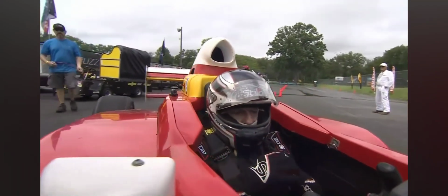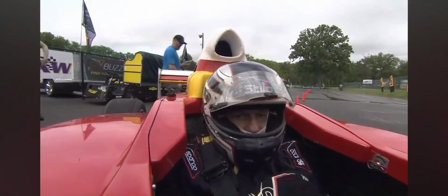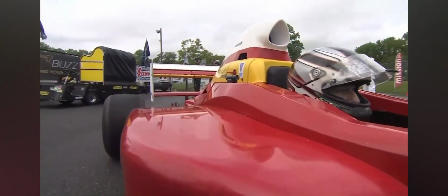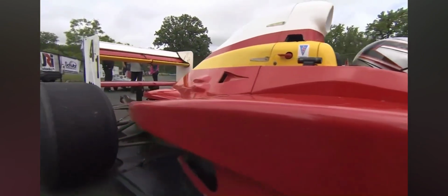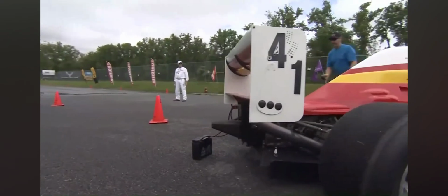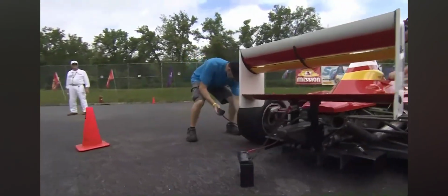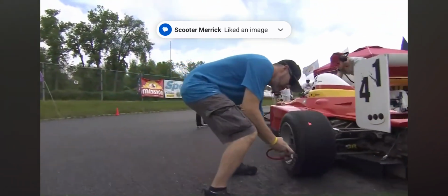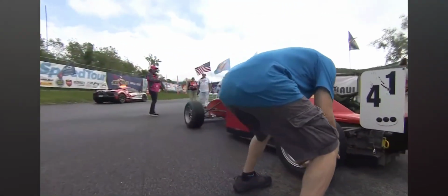And like I said, you look at a track map and it looks relatively simple, but the hard part of Lime Rock is the fact that it is narrow. There is grass to either side, like Mid-Ohio, so you've got to be careful not to put a wheel on it, especially in the wet like this, especially when you've got all that power. Every car out there this weekend has got too much power for the conditions, I would argue, but I think it will